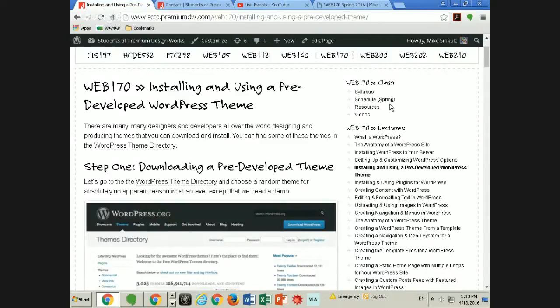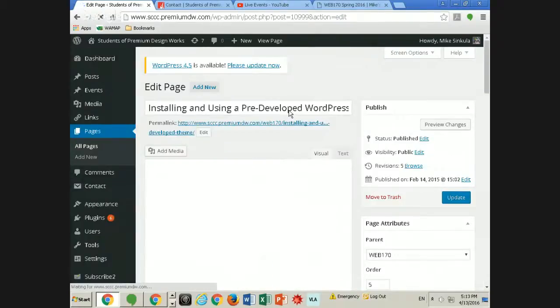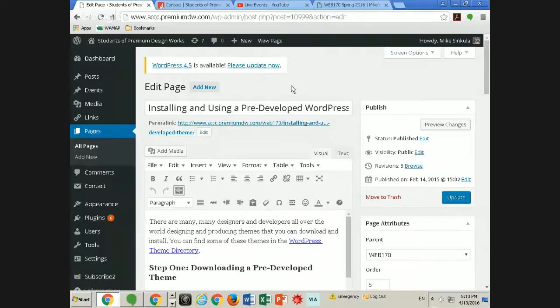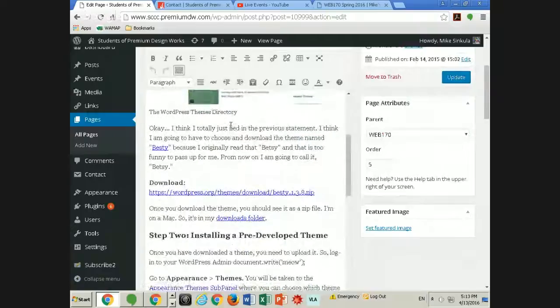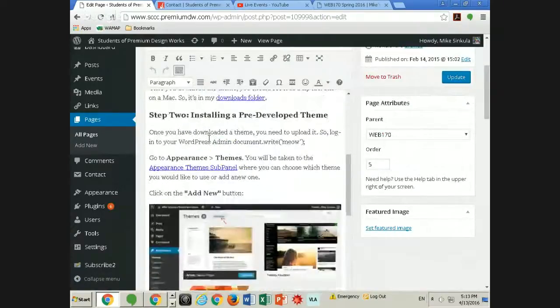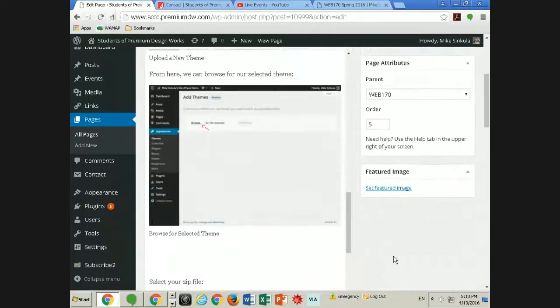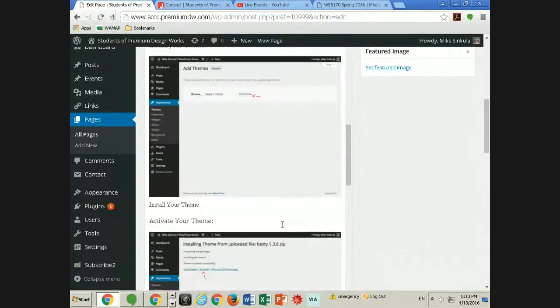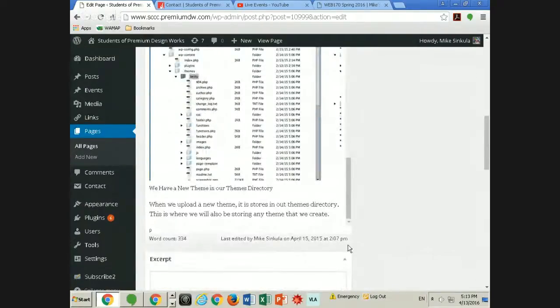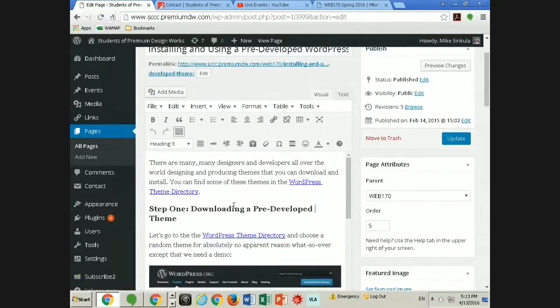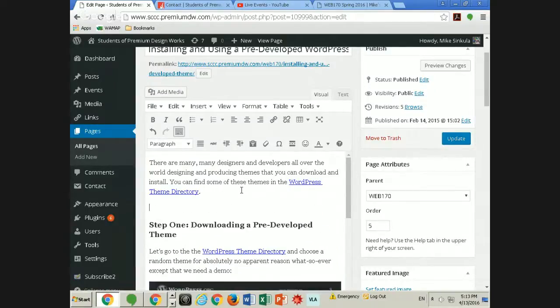Again, if I go here to my lecture for today, and now that I'm logged in, I say edit page. Here in the WordPress dashboard, we are looking at what one could call a rich text editor. Or I think it's called the WordPress Write panel. I can't remember what it's called, but one way, shape, or form, it is the place within WordPress where